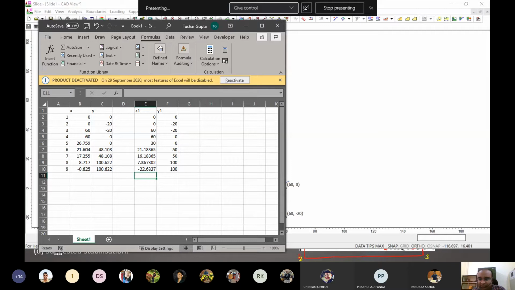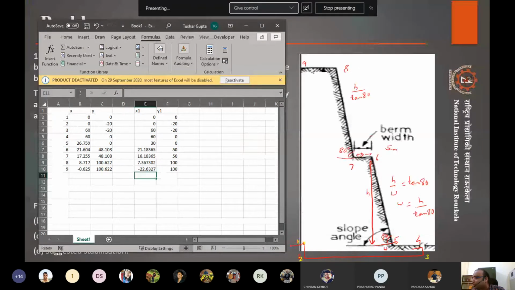Now, the important thing is, because we had all the systems defined below as well, just to show you where it is, the 9th point has moved from 0 to minus whatever this value is, so we have to move this point as well, because that is the 1 and 2.